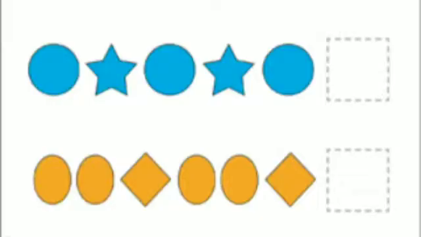Here you can see the same design is placed horizontally and then vertically, then horizontally. Then we will get a pattern. In the lower class you have learned a pattern like this, and you can complete the next box. One circle, one star, then after one circle, the next one is one star.